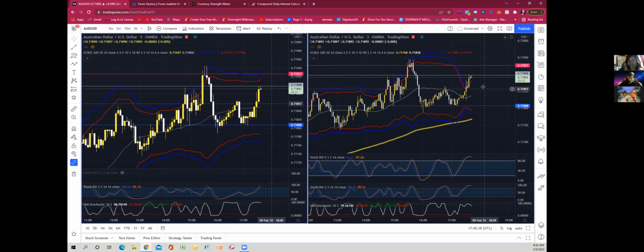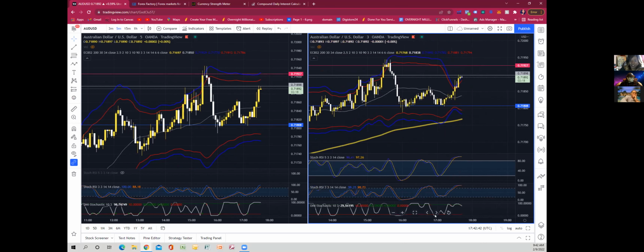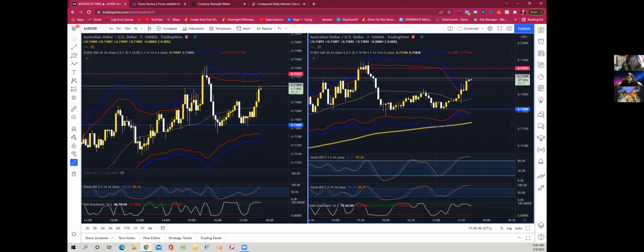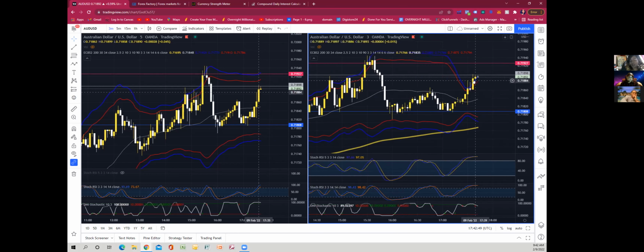The 3-minute, look at this. Look, it's already pushing down. It's already rejecting that. Now, I use the 3-minute as my entry point. My 5-minute is where I want to see it set up. My 3-minute is when I take the trade. So in a minute, if it shows it, I'm going to show you how I would look at that.